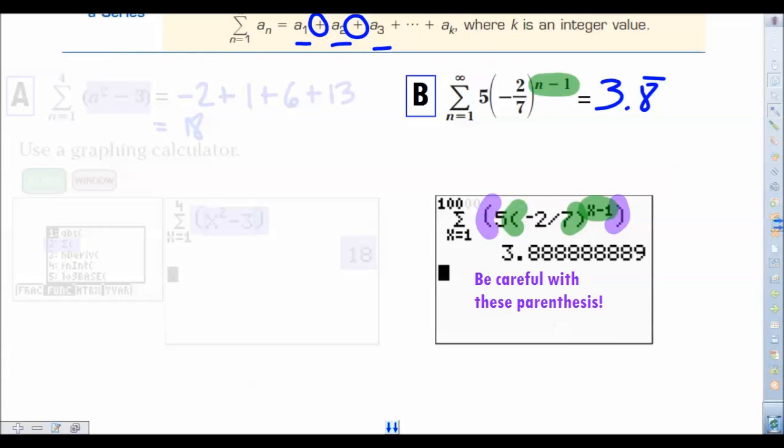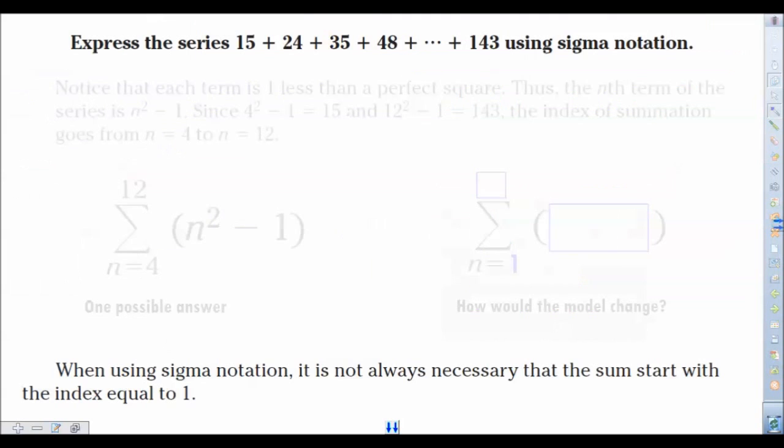So there we have our answer of 3.8 repeating. Now going in the other direction, if you were to look at a series and be able to express it in sigma notation, this is